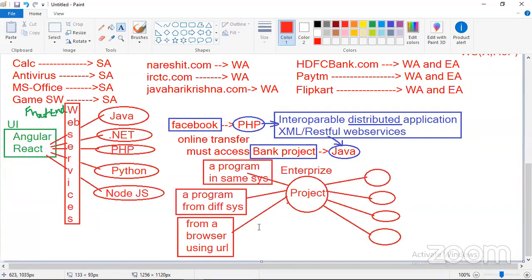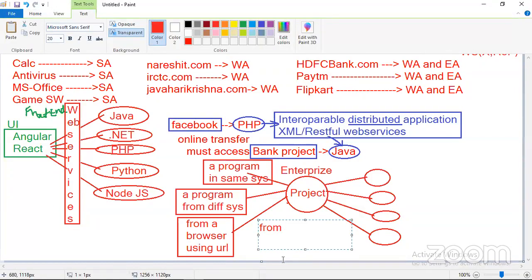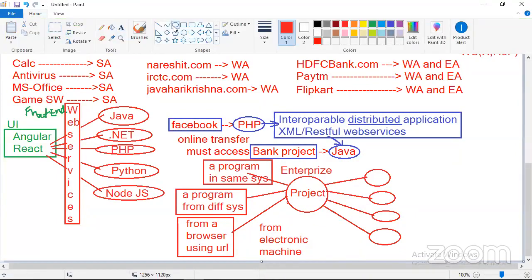And next, a program that can be accessible from some electronic machine, like swiping machines and ATM machines. We can access it as a customer, from different places.